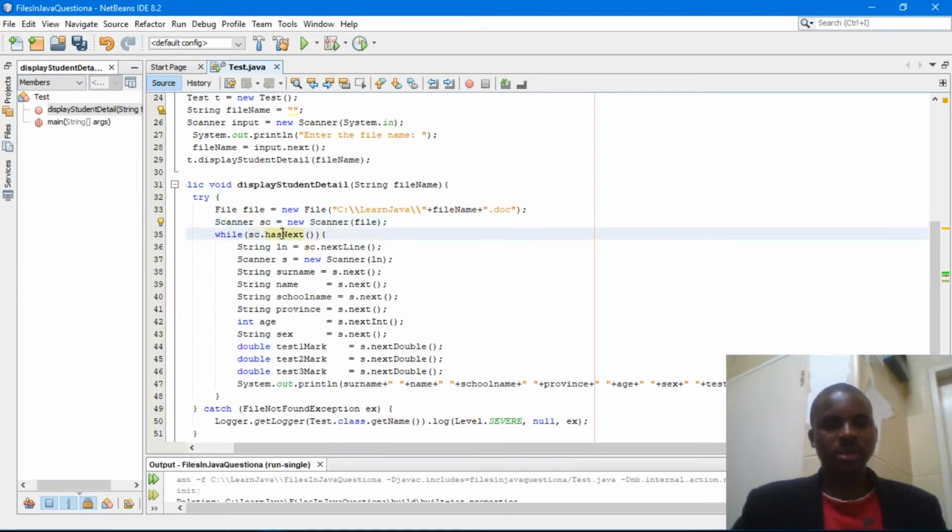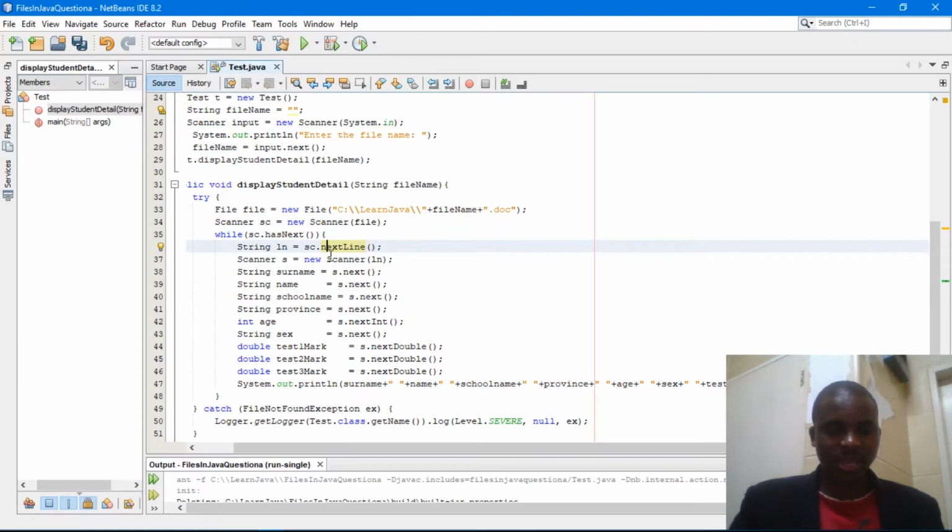It's like we didn't reach the end of the file. When we reach the end of the file, then it will terminate. Why? Because we will have nothing but only white spaces. That's how this hasNext method works. So on the next line, I'll be reading each and every line in the scanner object, and then assign it into this string. And then after that, when this while loop loops again, we read the next line, and the next line, and the next line. Okay, so that's how it is going to work.